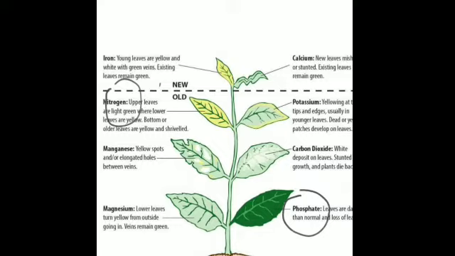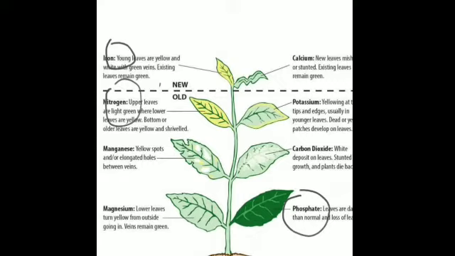Then what is the function of iron? Iron is a constituent of certain enzymes and proteins. What are enzymes? They are the biocatalysts, that is, they alter the rate of various biological reactions that are going on inside the plant. And they are constituents of certain proteins present in the plant. Constituent means they make up, they are important for the formation of certain proteins in the plant.